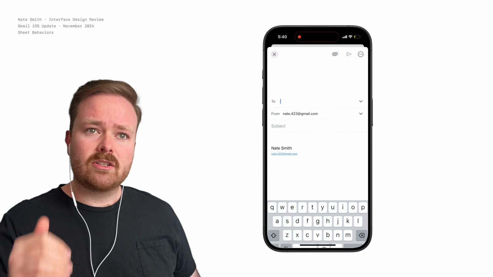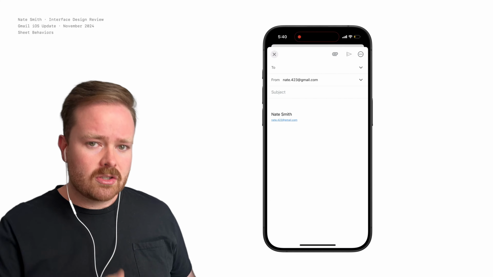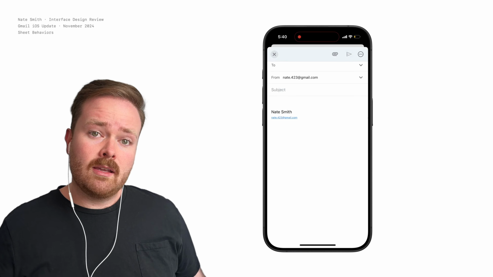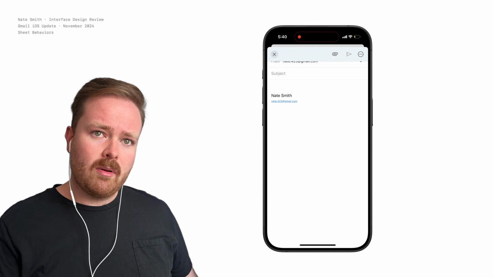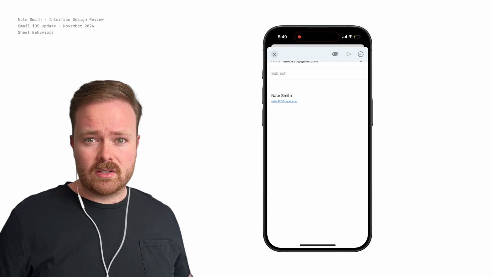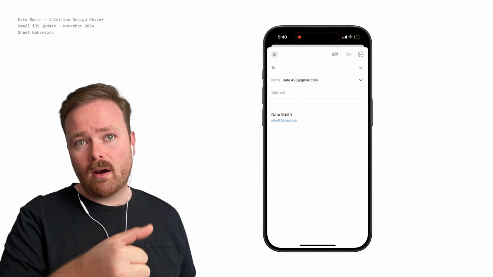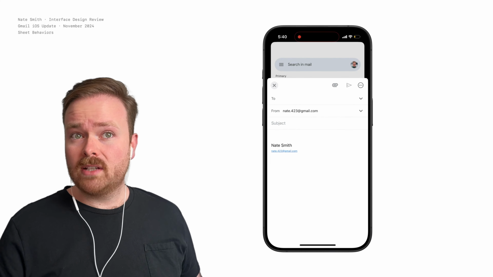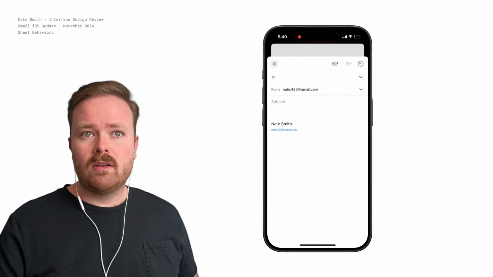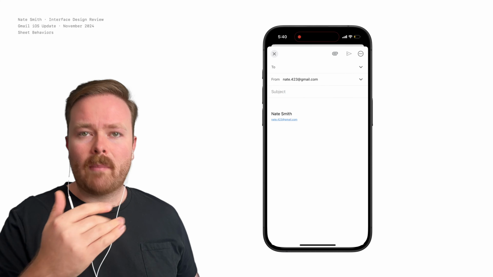But in this case, when I try to swipe down, the sheet itself doesn't actually move. It just scrolls the content. Now, if I swipe upward, we see that native navigation bar on top, and we notice that that's not part of the sort of scroll content, which means that if I actually touch down on that top bar and start swiping down from there, we can see the sheet move downward a bit. But no matter how far I drag or how hard I flick, it's always going to snap back to its position.